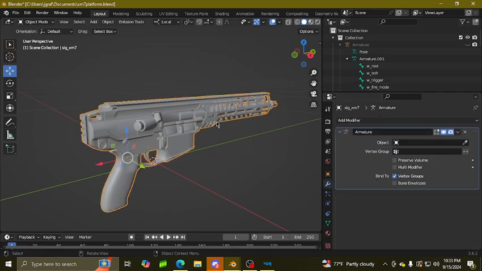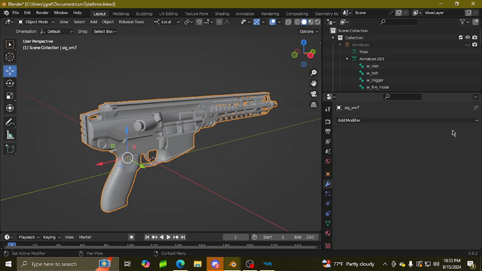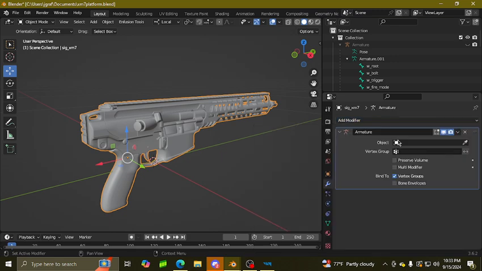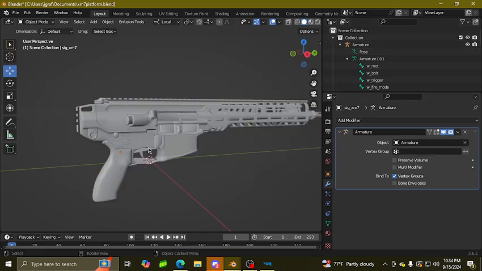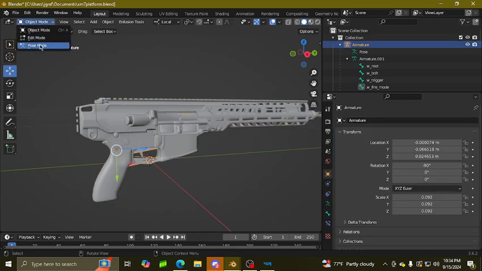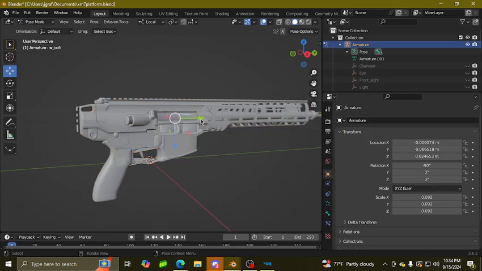We're not going to keep this like this for the time being, but you're going to come over here to add modifier, which is this wrench. You come up here to add modifier. Click armature. All right, armature is referring to this thing right here, but it isn't quite linked up yet. We need to come over to object, and we need to select this particular armature. Now it's linked up. If I click on this, go to pose mode and select the bolt,